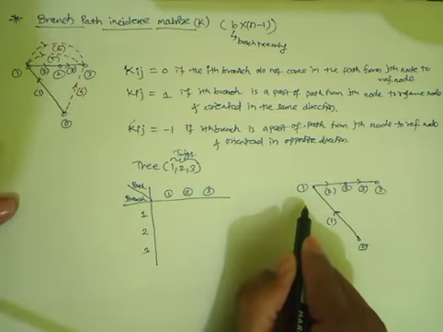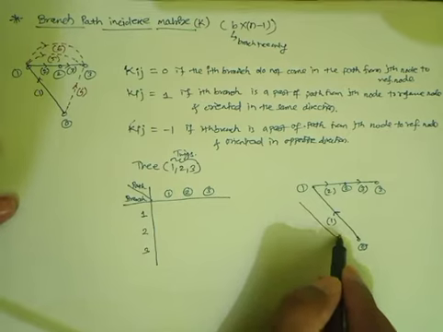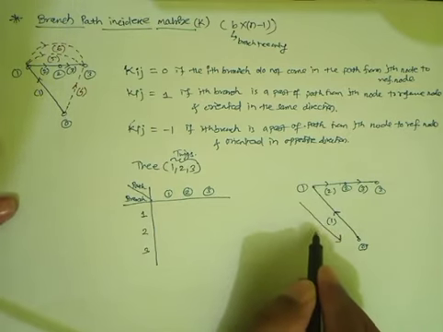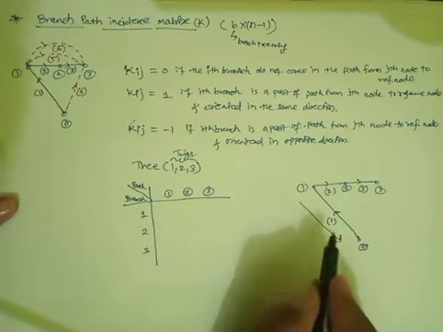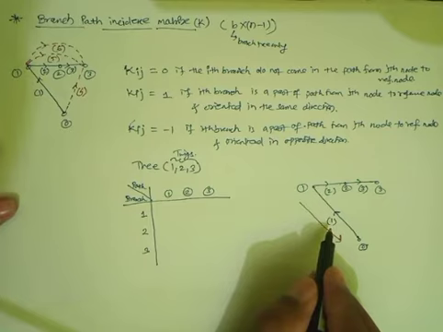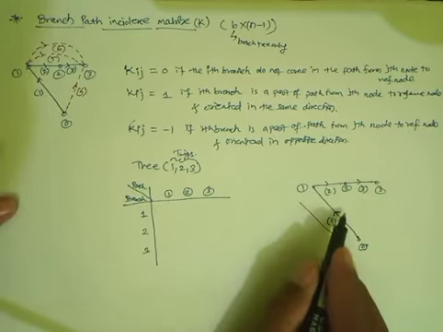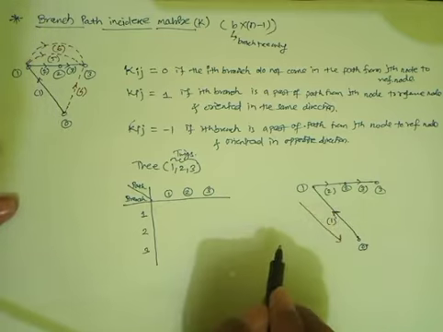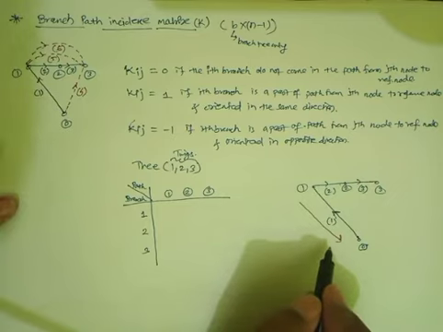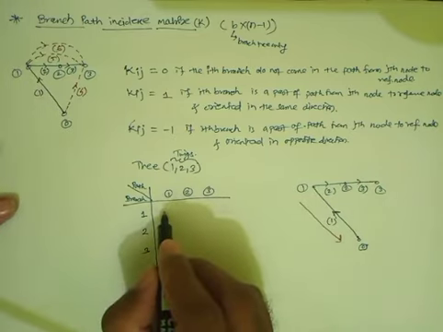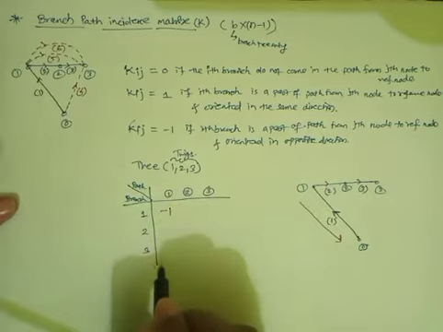The first path will be from node number 1 to the reference node. Which branches are coming in this path? Only one branch, and the others will become 0. What about direction? You can see this is the path direction and this is the orientation, so it is opposite. It will be -1, meaning branch 1 is present but with -1, and the others will become 0.